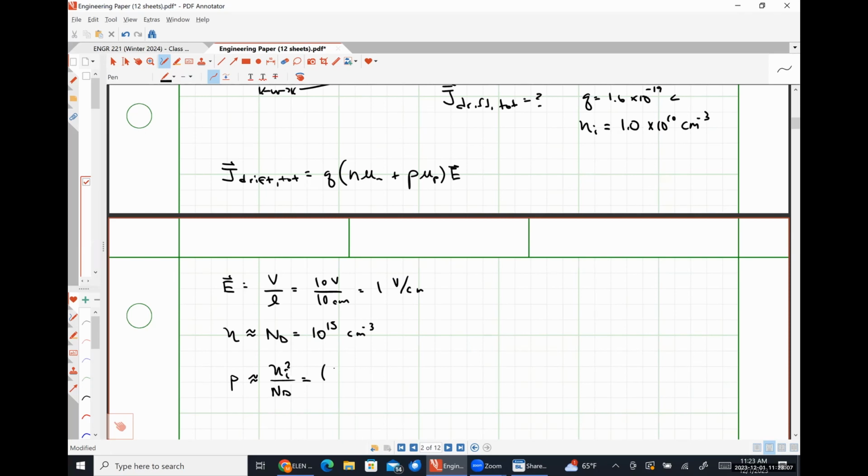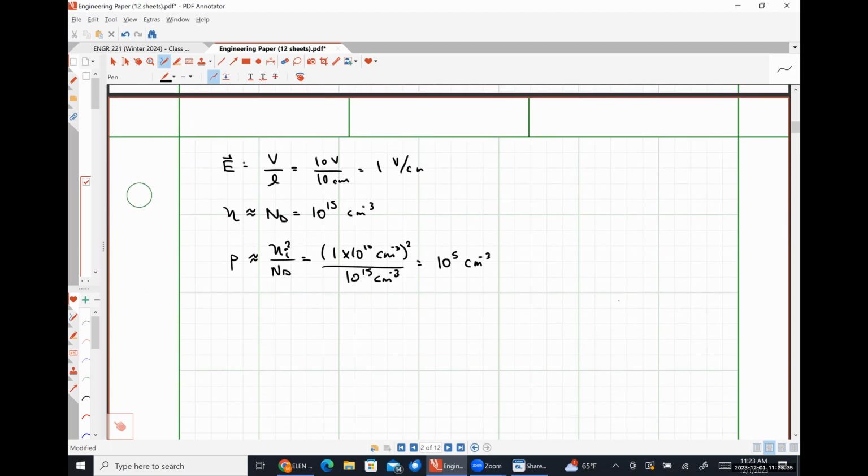So that'll be 1 times 10 to the 10 per cubic centimeter squared divided by 1 times, let's just do it as 10 to the 15. That's just wasting time. And this comes out to be 10 to the 5 holes per cubic centimeter. Plugging all of this stuff in,